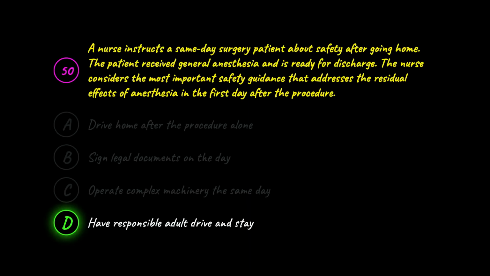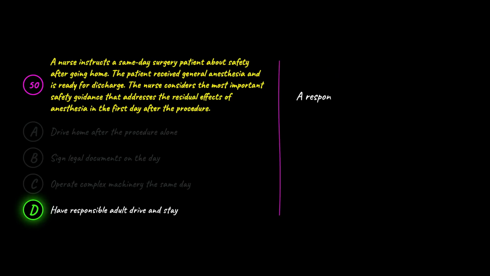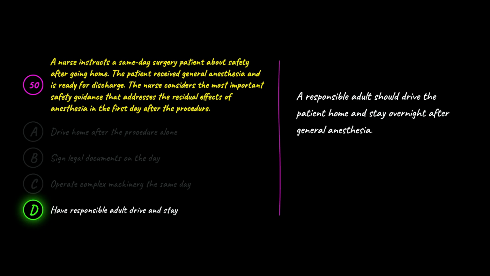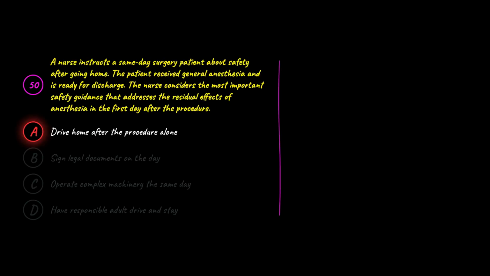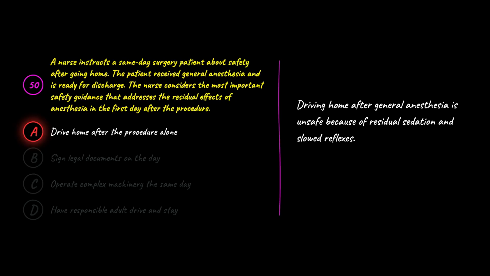The correct answer is D. Have responsible adult drive and stay. D is correct because a responsible adult should drive the patient home and stay overnight after general anesthesia. The patient avoids driving, signing legal documents, and operating complex machinery for at least 24 hours due to residual sedation and impaired judgment. A is wrong because driving home after general anesthesia is unsafe because of residual sedation and slowed reflexes. The patient cannot legally drive while under the lingering effects, and arranging a ride home is part of standard